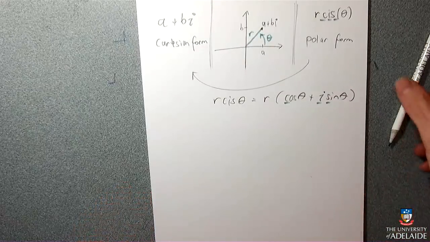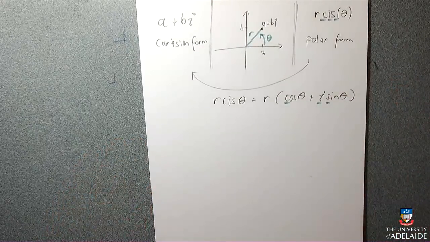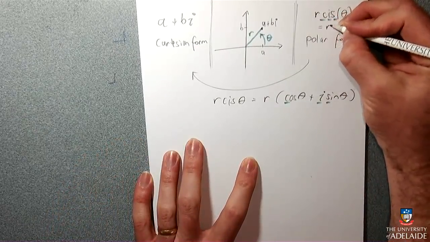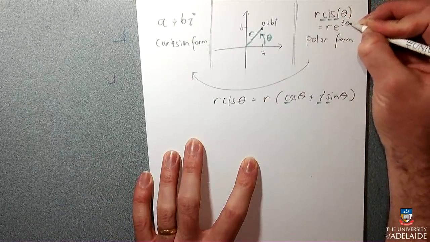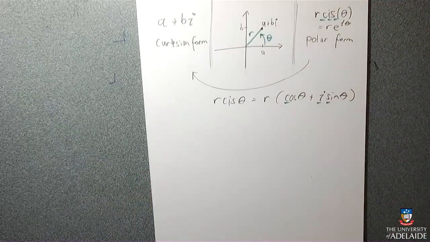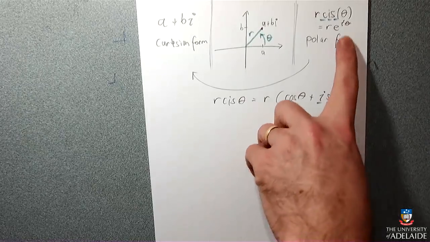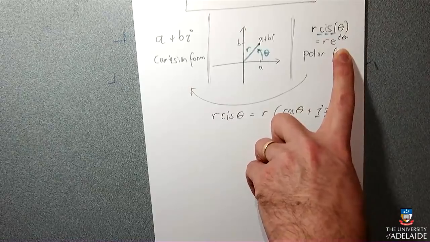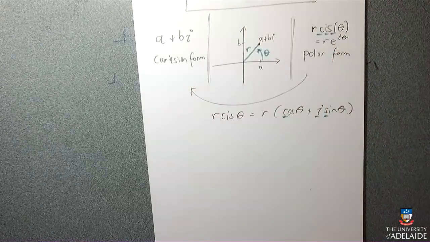But just for future reference, there's an alternative way of writing this. It's e to the i theta. So if you look at places on the internet and you look up polar form of complex numbers, it will say this. So what de Moivre discovered was that cis behaves like powers behave. And so what Euler decided was that we would declare that actually it is a power of something.